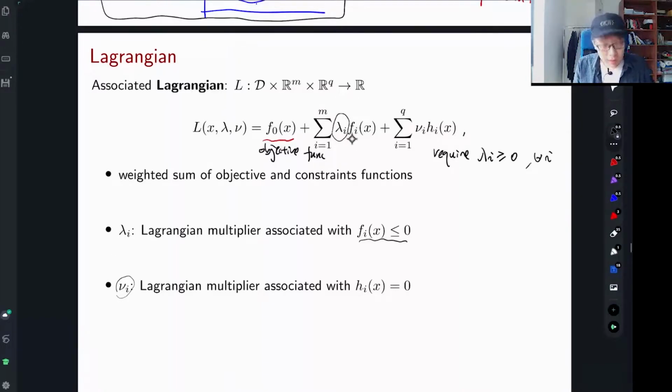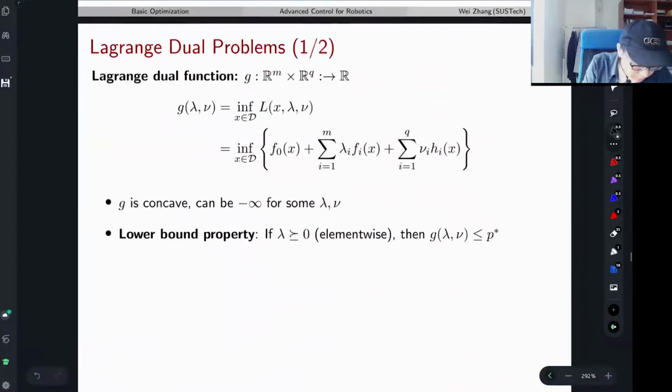If this satisfied constraint, because we require the lambda I multiplier to be positive, we know f i of x has to be less than or equal to 0 for feasible x. Then this term eventually will decrease the cost, okay, overall Lagrangian value. Right. So this is defined as the Lagrangian. The way we define it, we can state the optimality condition in a convenient way. Right. Before doing that, let me define another